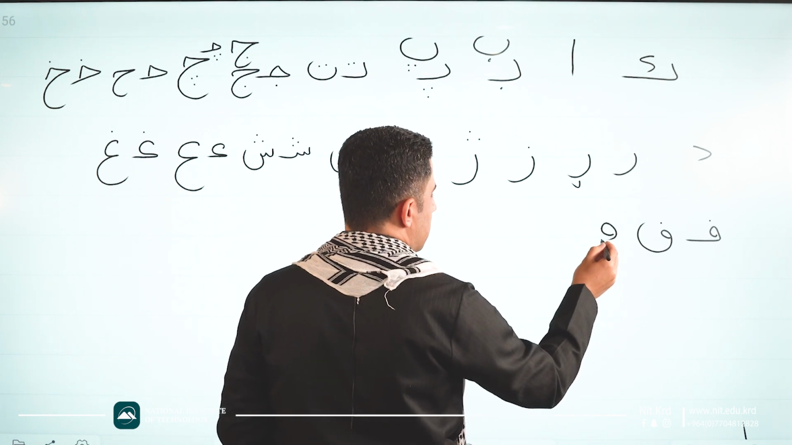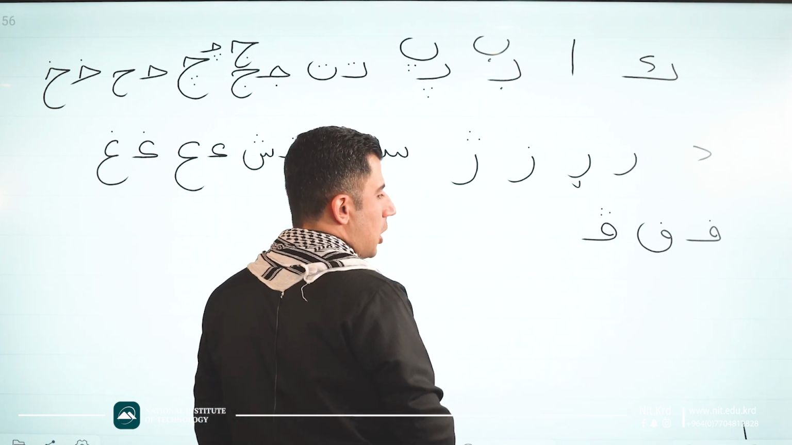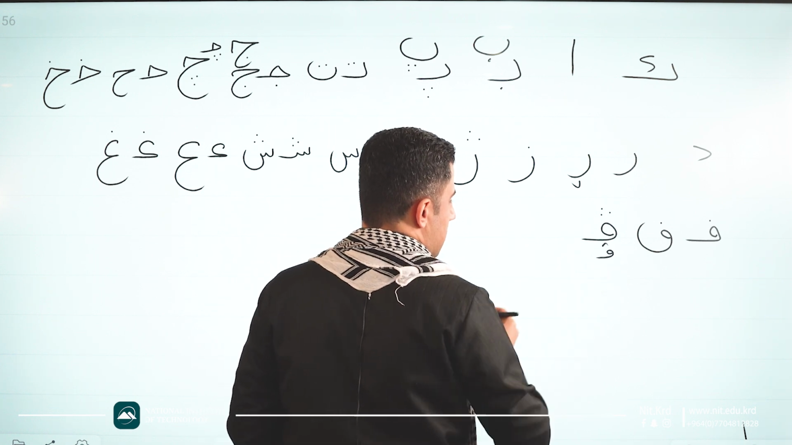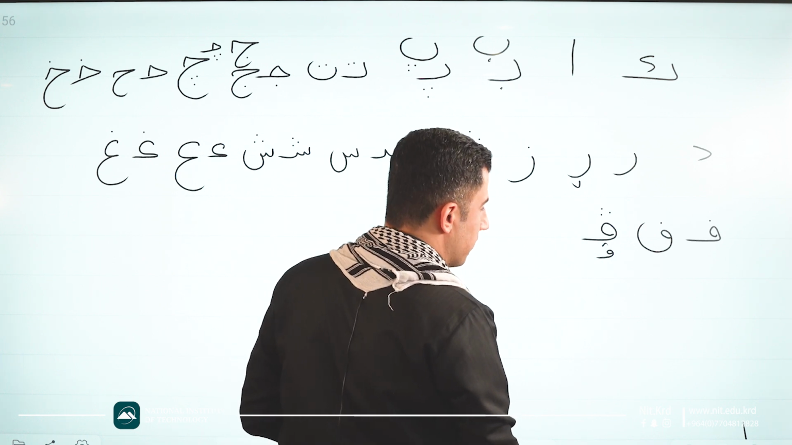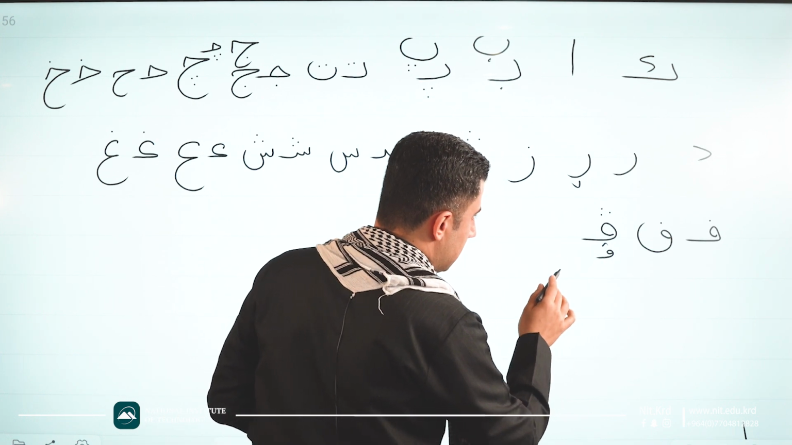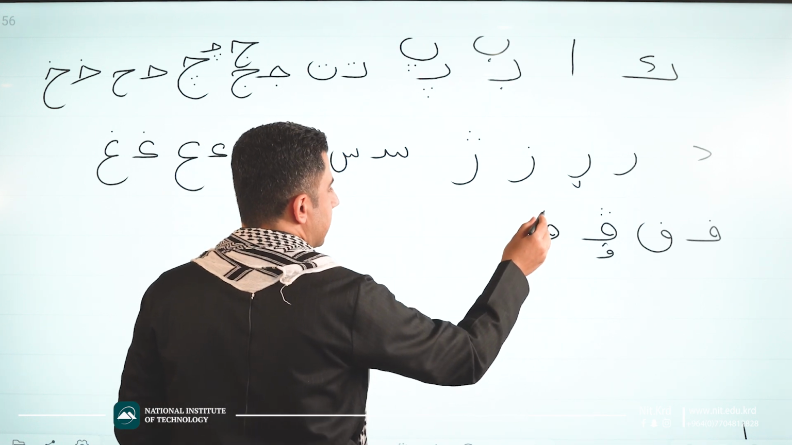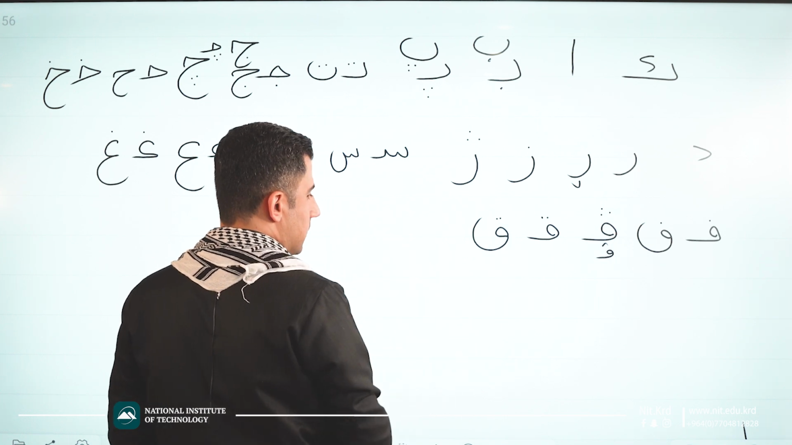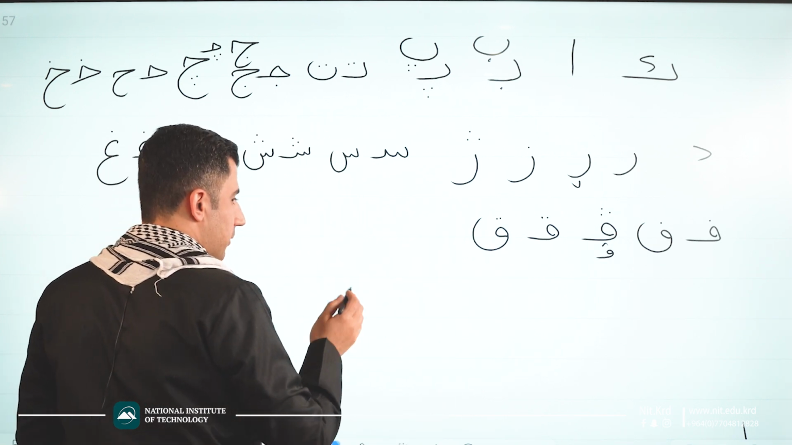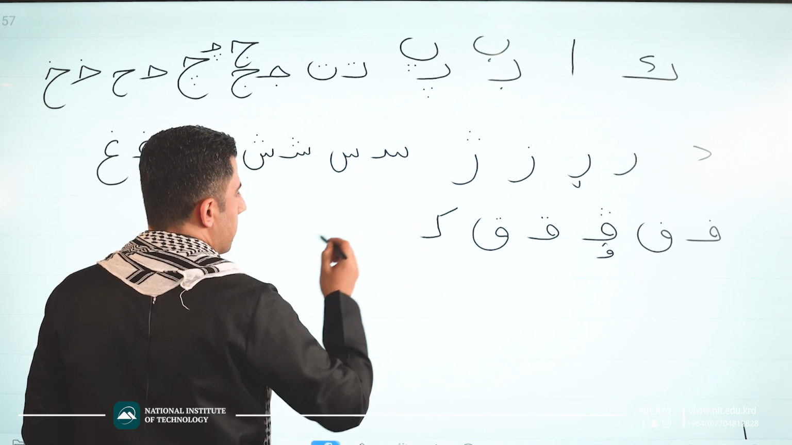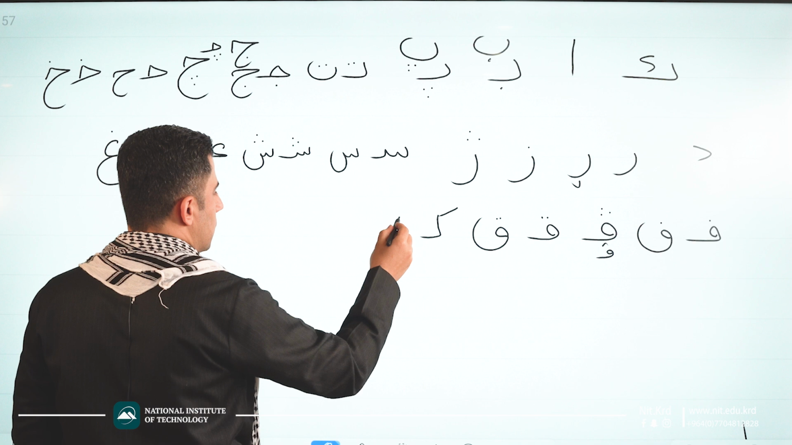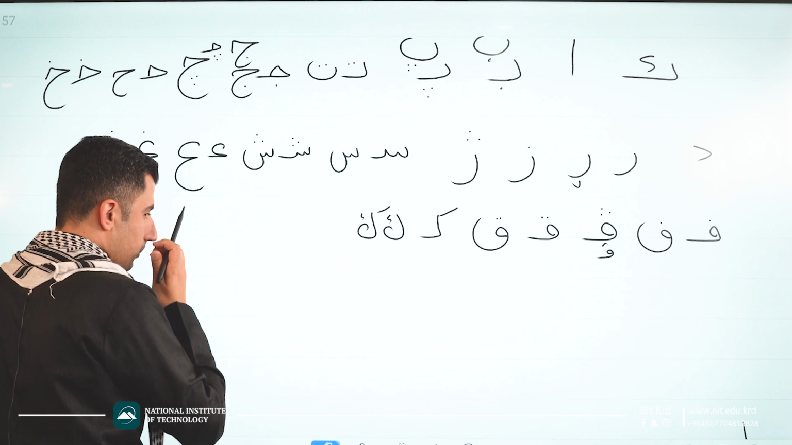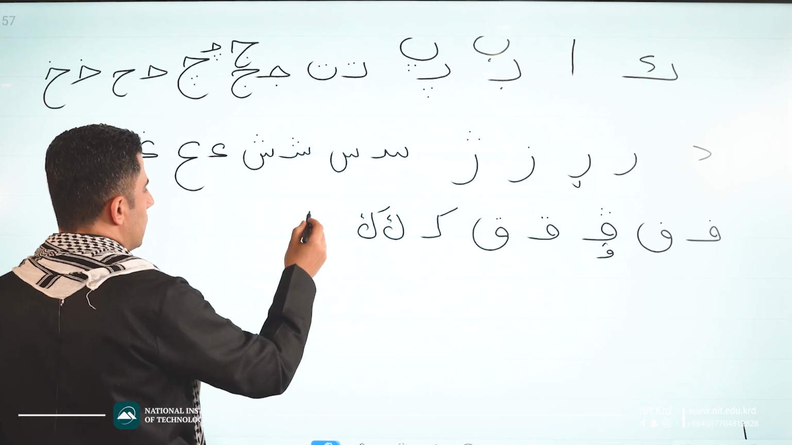After f, we have v. 3 dots. It is also allowed to write down for these 3 dots like this. It's allowed, don't worry. Okay? After v, we have k. K. At the end, we have to write down like this. K. After that, we have k. At the end of the word, we have to write down like this. And also, this style is acceptable. Good. After k, we have